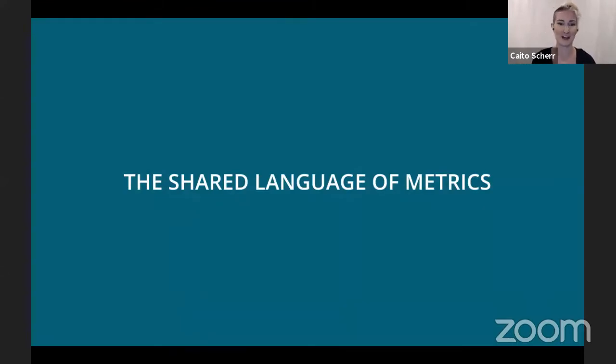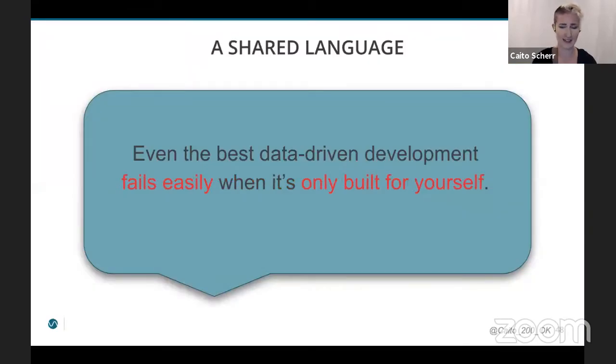And with that, we can move on to our last section, which is metrics as a shared language. So another great Harvard Business Review article mentions that the biggest obstacle to creating data-based businesses is not technical, it's cultural. But more specifically, I like to think of this as even the best data-driven development fails easily when it's only built for yourself. So no matter how complicated, no matter how creative it is, if you're just building it for yourself, it's kind of happening in a void. So I think it's just so important to talk about some of these people issues